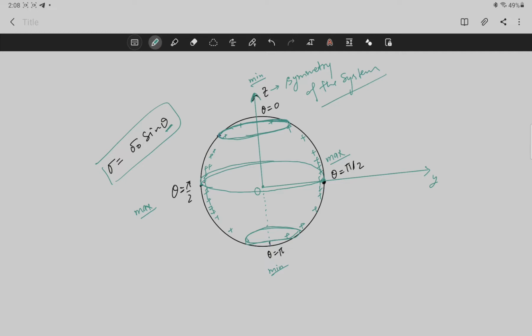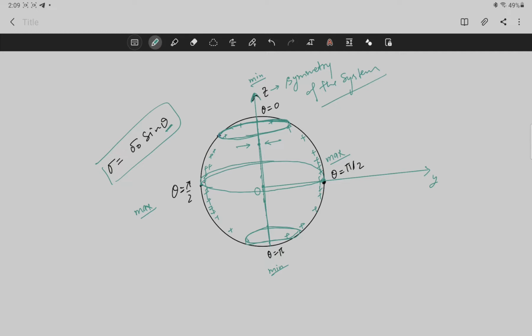So what will happen if you put a charge on this axis? It will feel the same force from both sides, from the right and from the left. So that's why on each point of the z-axis the electric field will be zero, because the force from the left side and the force from the right side cancel.